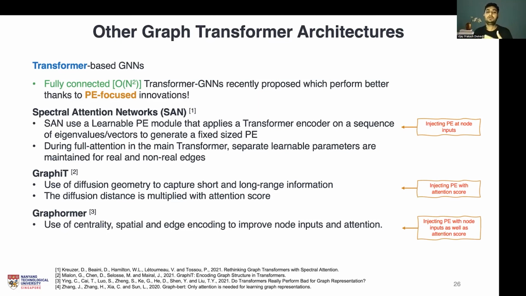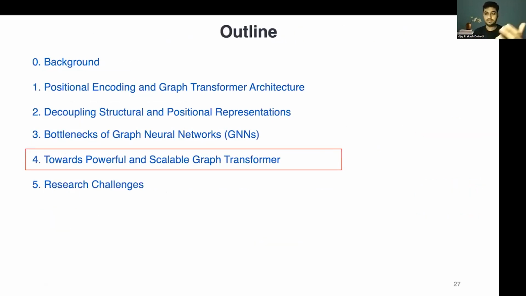But at the same time, in order to consider the graph sparse information, it has positional encoding designed in order to incorporate different levels of information that is required out of the graph structure for the tasks. So positional encoding becomes a function of the adjacency matrix, and it applies to all of these works. And when we have fully connected graph transformers, we must make a very careful consideration of positional encoding in order to have the arbitrary graph structure information that's there in the graph data sets. So this is about how things have evolved.